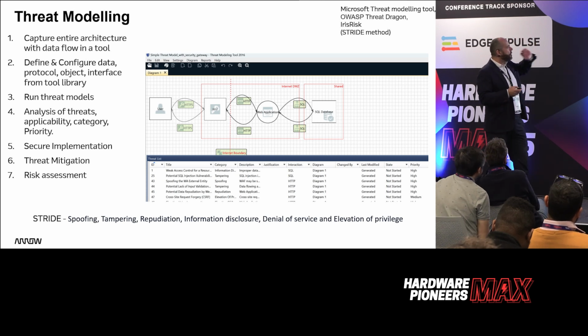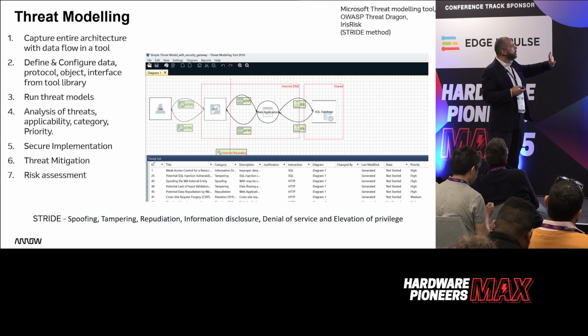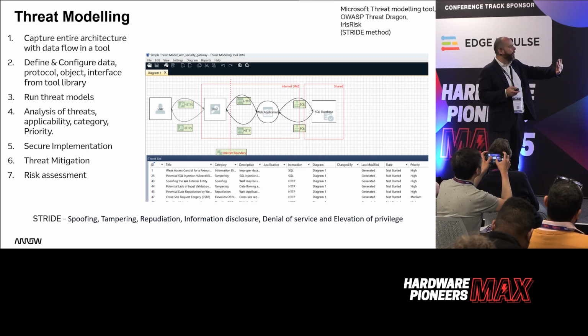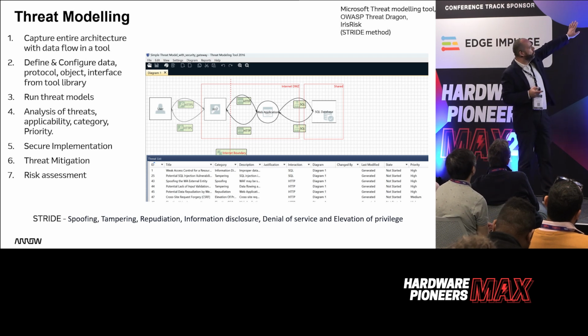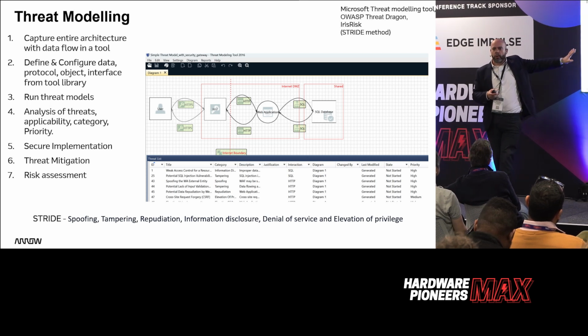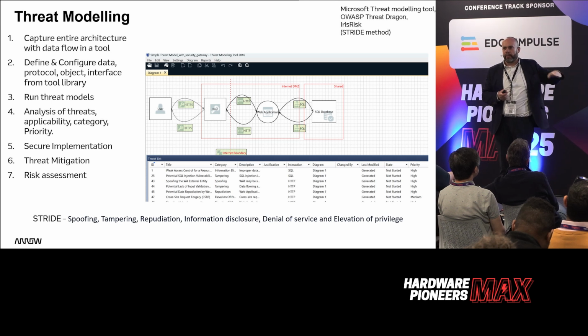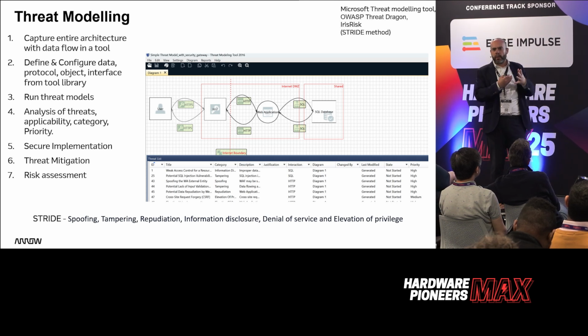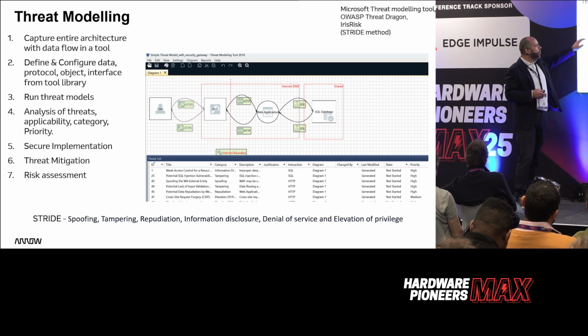So I don't want to go through this in detail, primarily because of the time we have. But what I'm showing you here is how you would set up some threat modeling. The idea is that you plan how you want to run your threat modeling. Define the protocols, and like I said, the protocols include all connectivity, any way that you can connect to your device. So that includes things like UART and flash. You can then run your threat models.